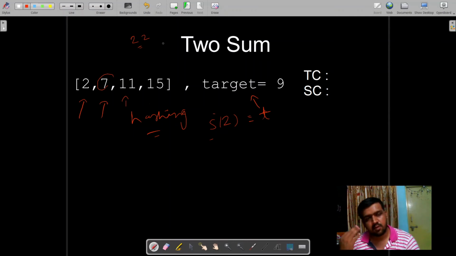If we somehow get the knowledge that we already have this element, and we look for that particular element, then it simply solves our problem. That's why we can use hashing to solve our problem. What the approach says is, you scan each element, and we first of all check if the